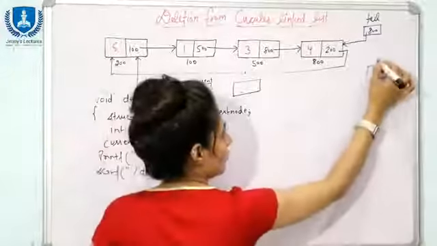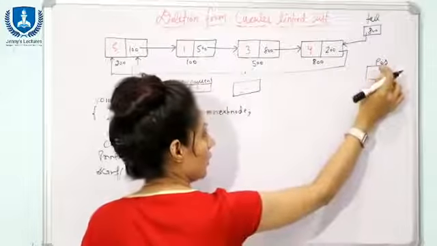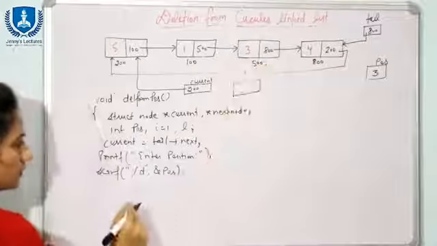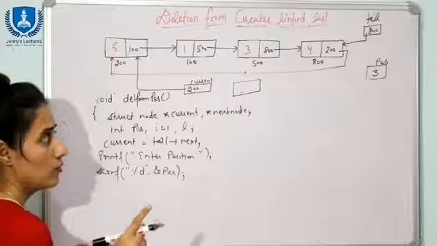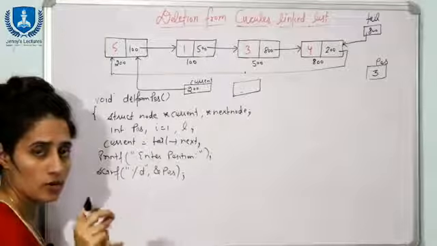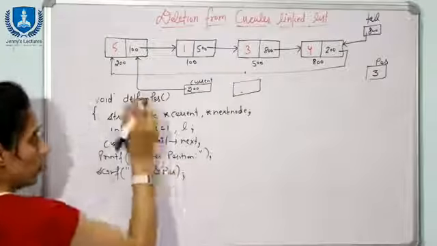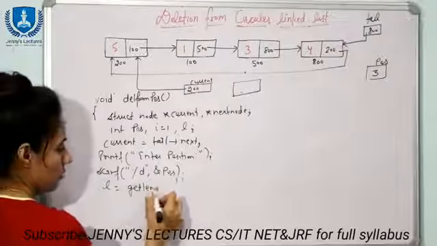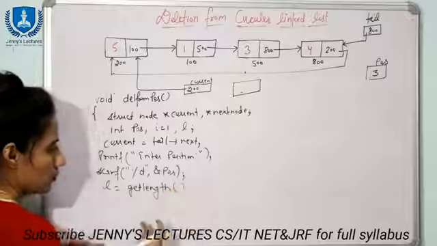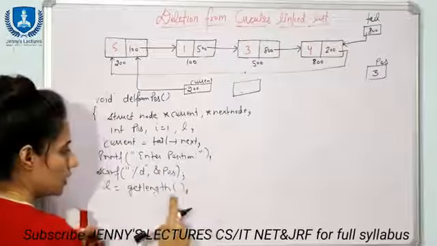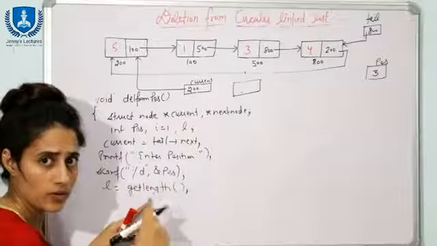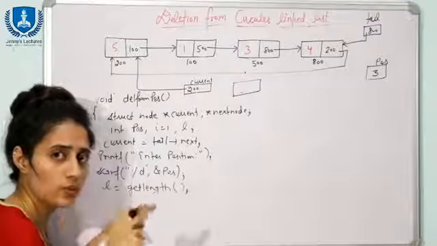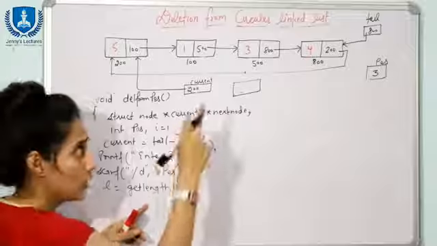Now suppose we have a variable position, and the user has entered 3, meaning 1, 2 and 3, this data I want to delete. First of all, we will check for a valid position, whether this is valid or invalid. So we need to call a function, and in L I am going to store whatever this getLength will return. We will write the code for this getLength function also. I guess you can easily write it; we have already discussed it when we were discussing the implementation of singly linked list. You can check out that video here.